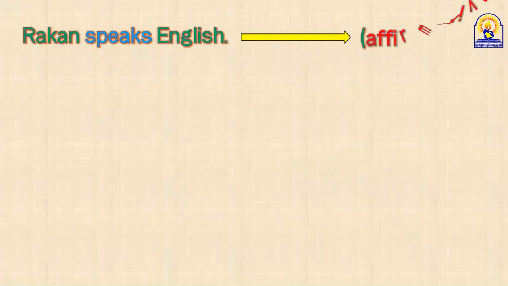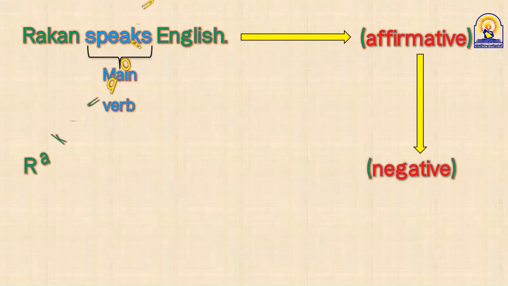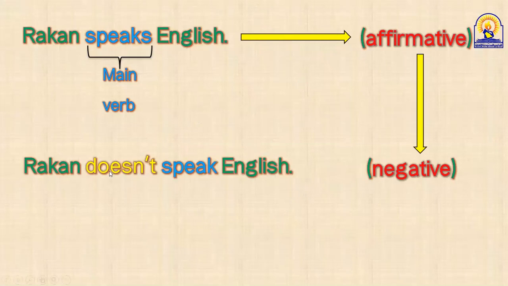Yes, Ashrida. Rakan doesn't speak English. Okay, let's check your answer, Ashrida. As you can see, guys, speaks, this is the main verb, okay, and Ashrida used doesn't. Why doesn't, Ashrida? Because the speaks ends with s. Because the verb speaks, it's present plus s, like he goes, drinks, sleeps. Any verb plus s, I use doesn't. But don't forget, the verb speaks, change it into what? Speak. That's what I told you guys.